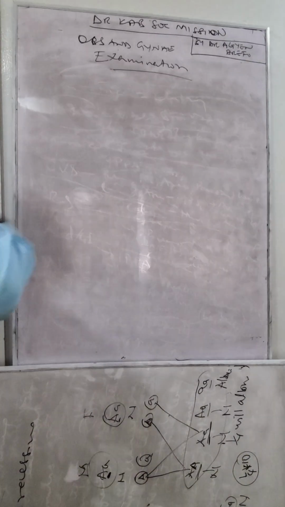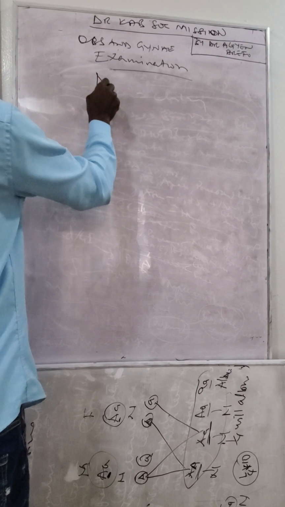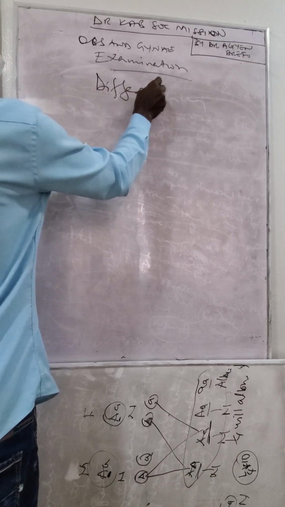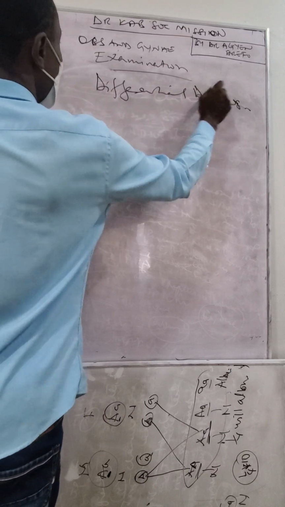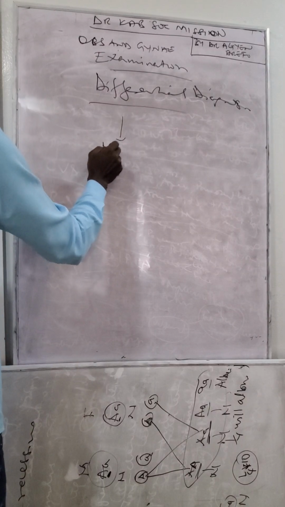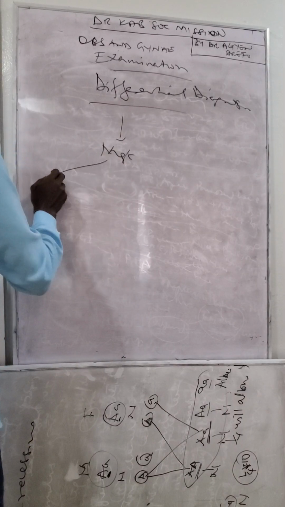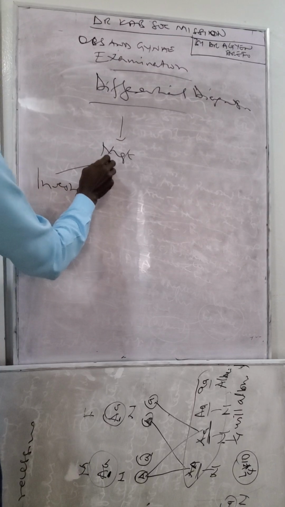The next thing that we're going to do: we have made our differential diagnosis. So once you have your differential diagnosis, the next thing is you come to your management. So management, first of all, is investigations. Investigations you are going to do, then you